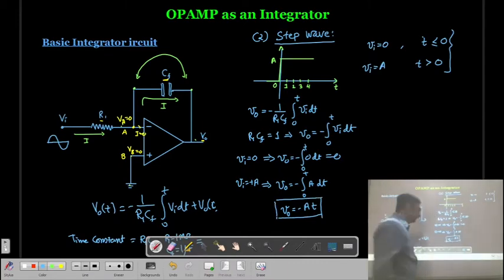So here you can see that the output voltage depends on time t. There is a linear relation between the time t and the output voltage. As the time is increasing, the output voltage is also changing linearly. Whatever line you have has a slope of minus A. Minus A represents the slope of the line. So now let us see what the waveform will be, correct?